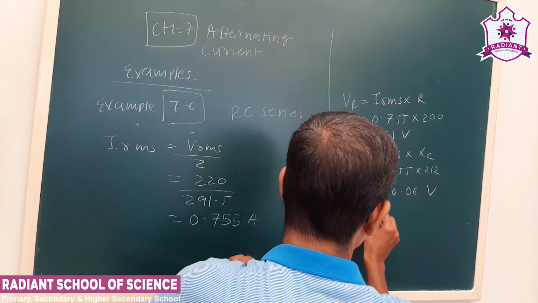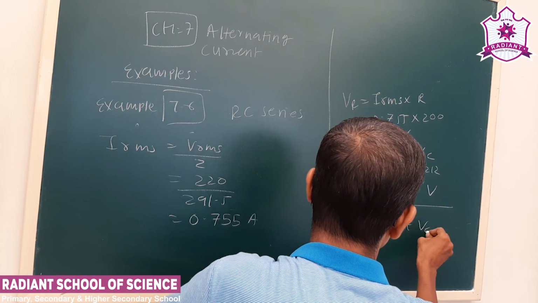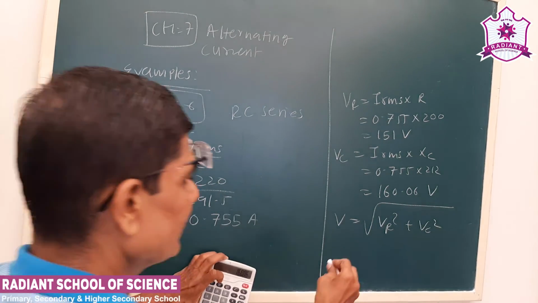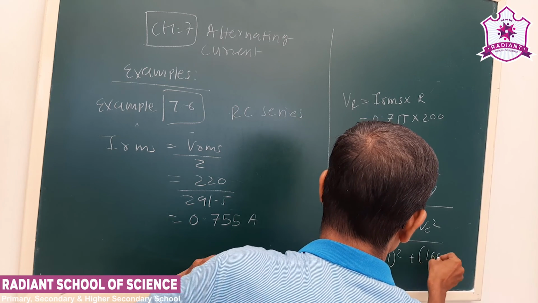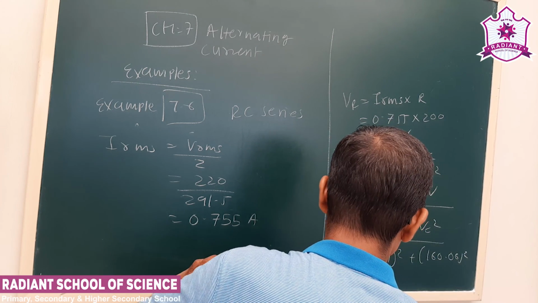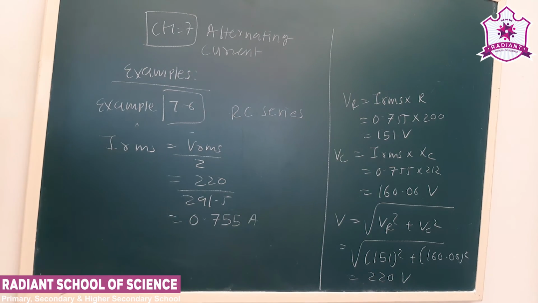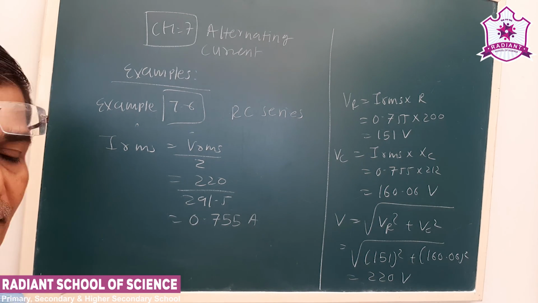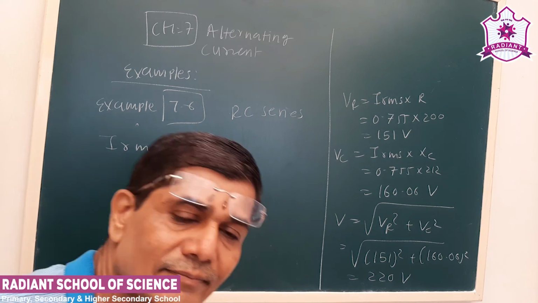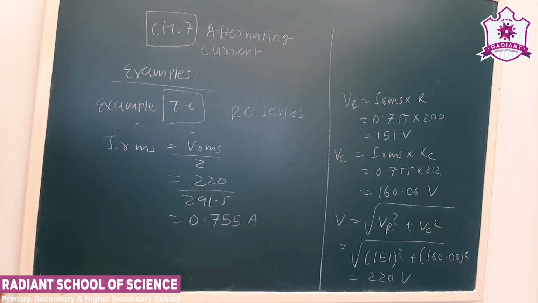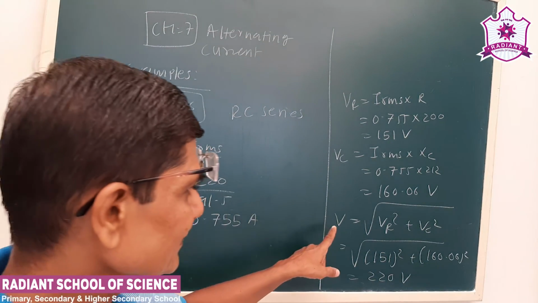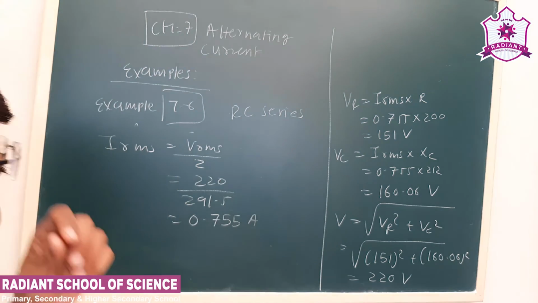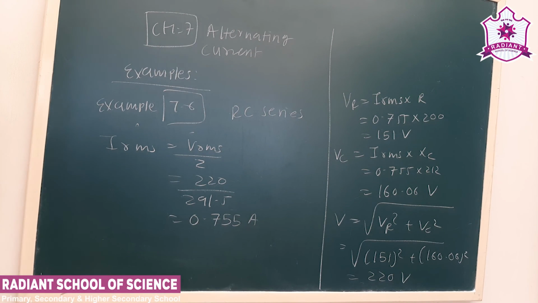Now V is equal to under root of VR square plus VC square. So if I add these two voltages, here you can check, this will be equal to the supply voltage. So here the total voltage is divided as per the vector rule. This will be VR and this will be VC. The sum of the total net voltage is equal to the supply voltage. So that is about the voltage in an RC series circuit.